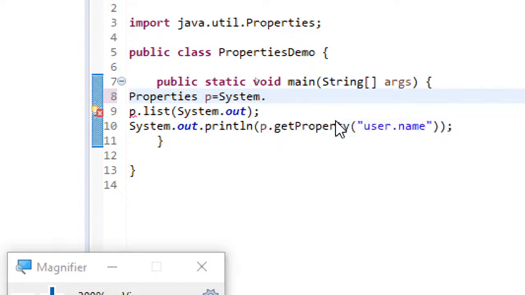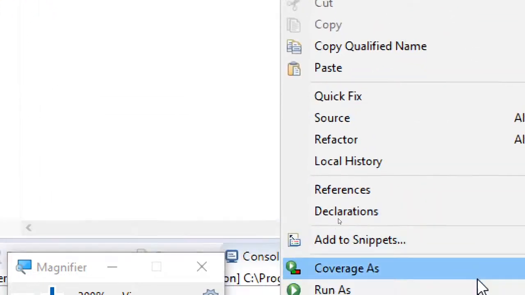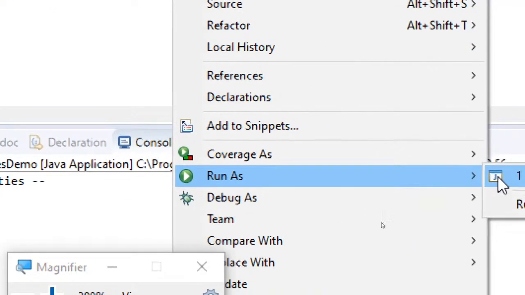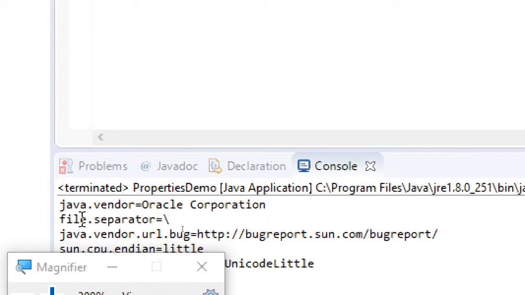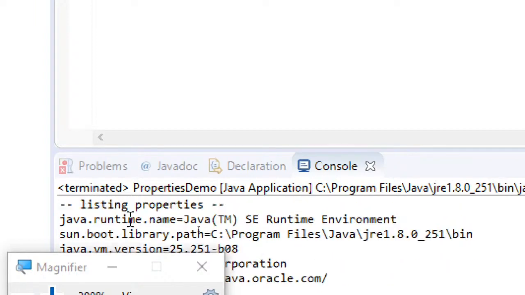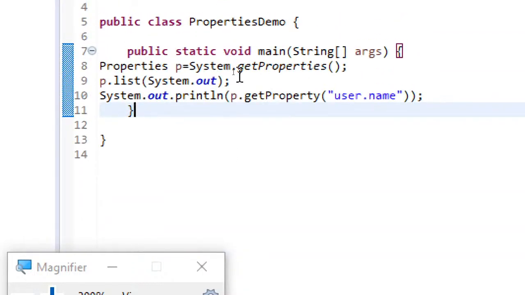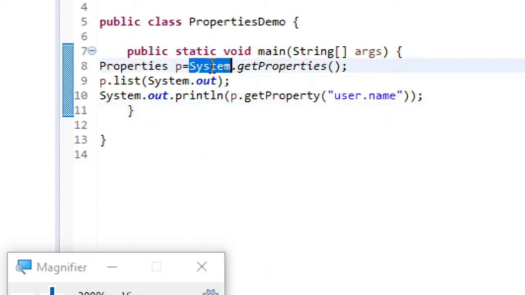Okay, system dot get properties. So let's see how it behaves now. Yeah, now you can see how it has returned. So here you can see all the system properties it has returned. So this is how you have to use it, not directly creating an object for the properties itself. So you have to get the system properties like this.